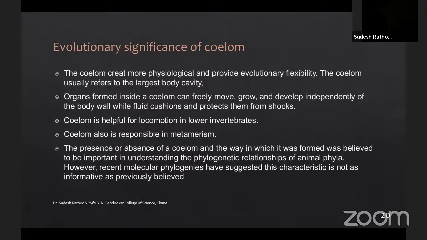Although coelom formation shows a phylogenetic path, for example whether an animal is acoelomate, pseudocoelomate, or true coelomate, these are the three stages of coelom development. Earlier, taxonomists had taken into consideration that this coelom development from acoelomate to true coelomate gave rise to the evolution of animals. Evolution of animals has come from acoelomate to